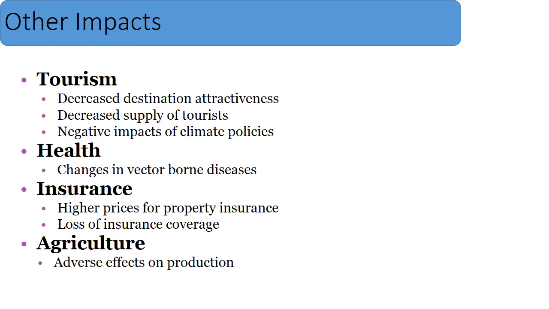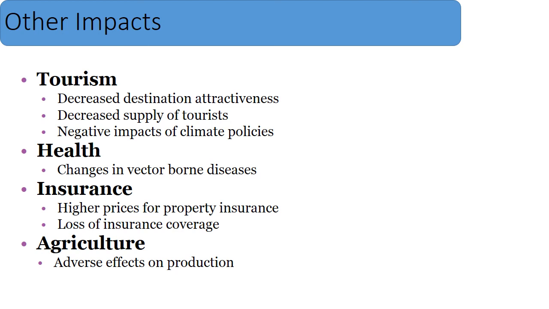All right, associated with climate change, there are lots of other impacts within Bahamian society. It will have an impact on tourism. If it's hotter here and the sea levels rise, that means we have less beaches available. If there's less precipitation and more intense hurricanes, all of this is not very good for tourism. All right, so that will have an impact on the amount of tourists that we get coming here.